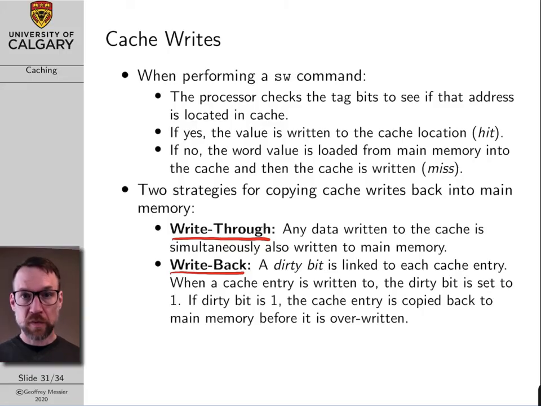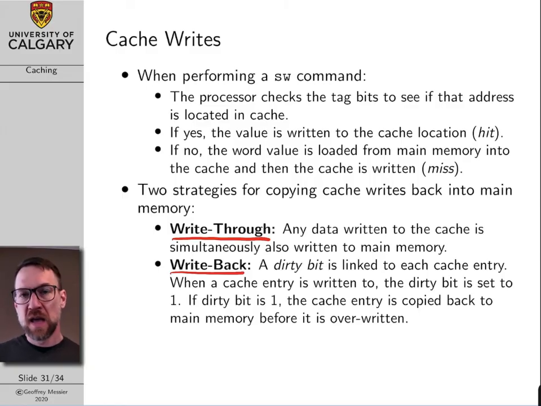And the dirty bit is stored right beside the valid bit. And it basically records when a write has been performed on a cache block. And so if we write to a cache entry using store word, the dirty bit is set equal to 1. And that's how we know that a value has been changed within the cache, but has not yet been changed